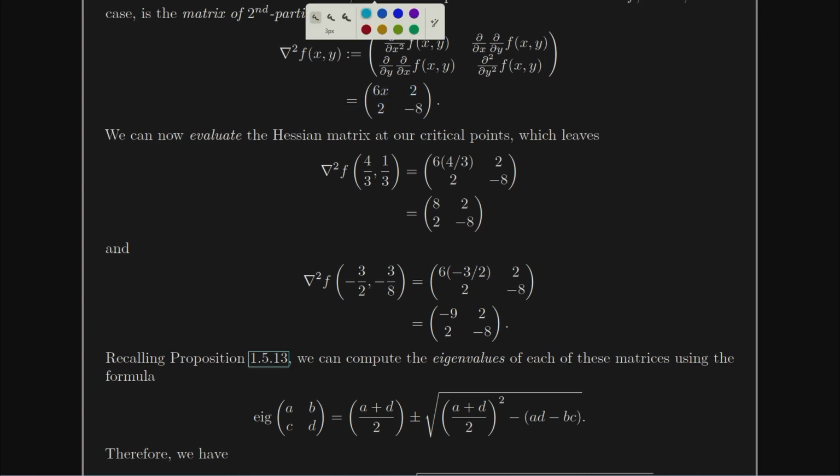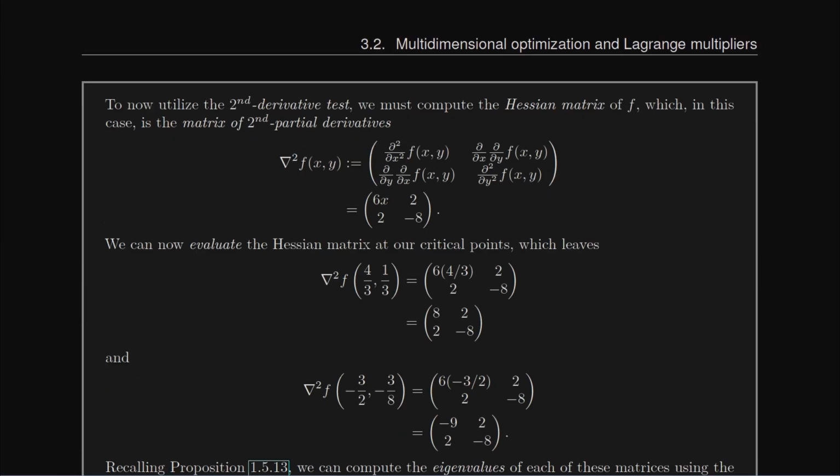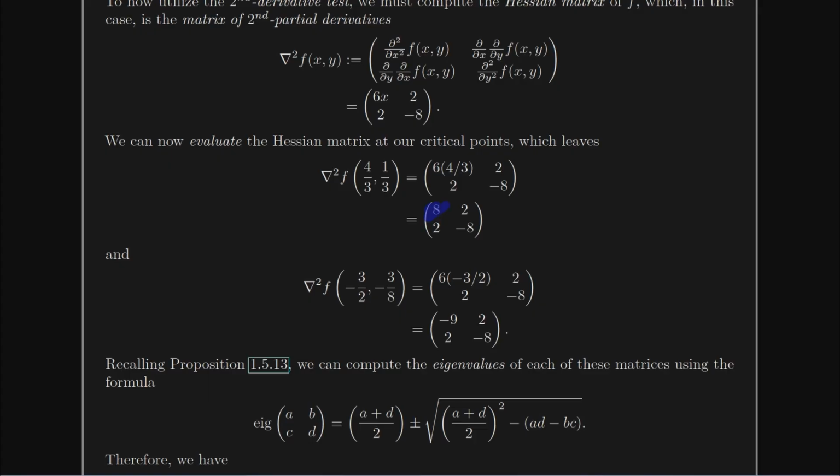And then we should also remember, thanks to Schwarz's theorem, that the matrix will always be symmetric. So the derivative in x and y will always be the same as the derivative in y then x. Now this is going to be my second derivative. And I just need to evaluate the second derivative at my critical points. Of course, since x is the only non-trivial variable in the second derivative, I'm going to evaluate at 4/3 and -3/2. That gives me 8, 2, 2, -8 when x is 4/3, and it gives me -9, 2, 2, -8